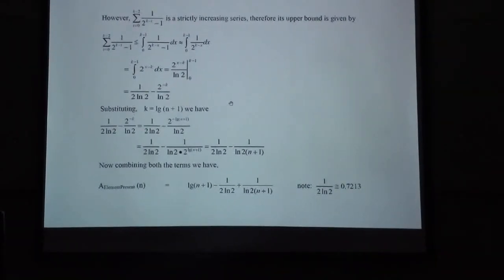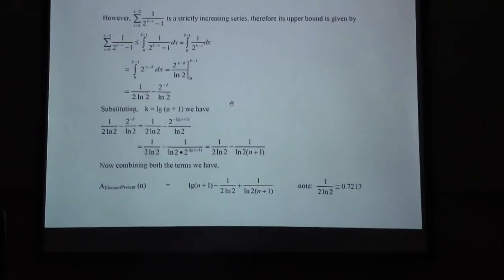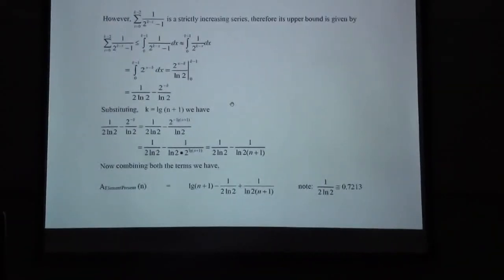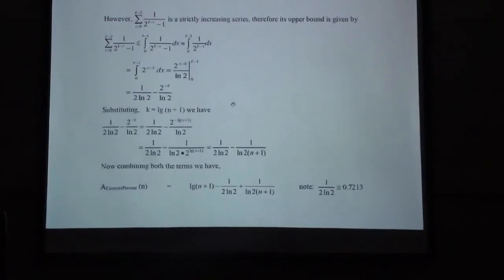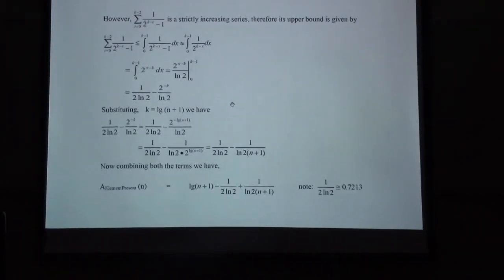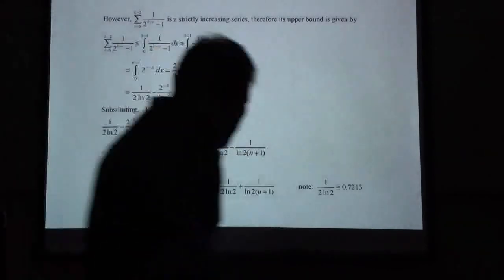Let's say the probability is not certain now. What happens when the element's not in the array? We're going to fail. What will be the complexity of the failure? The complexity of the failure will be the worst case. So in a sense, what we have,